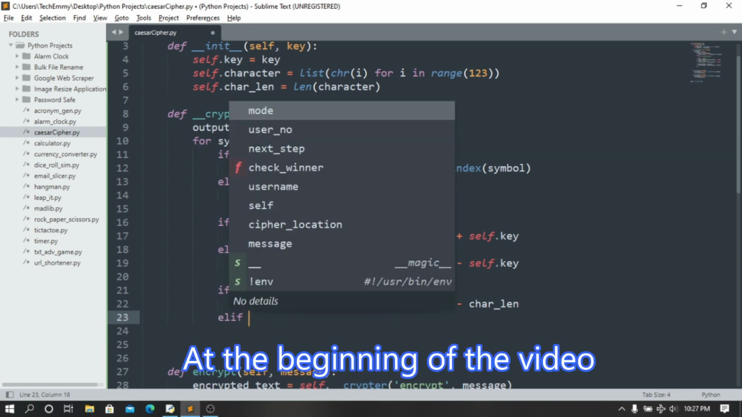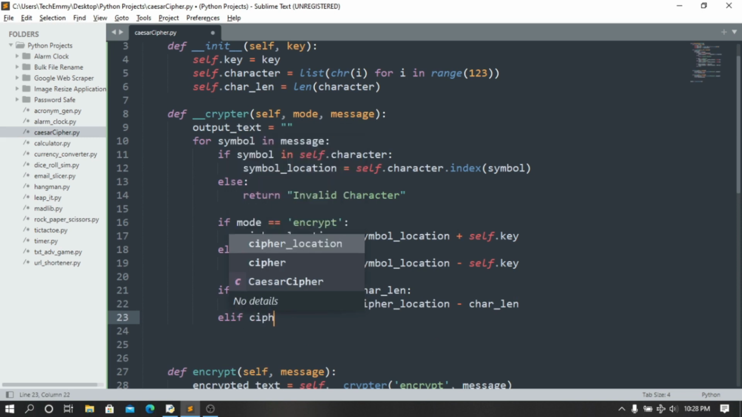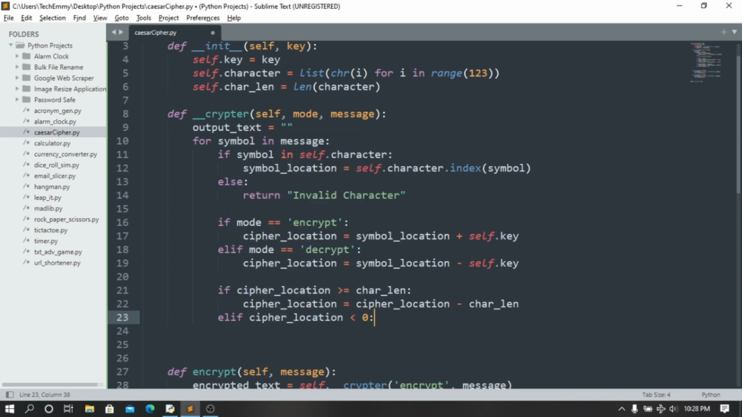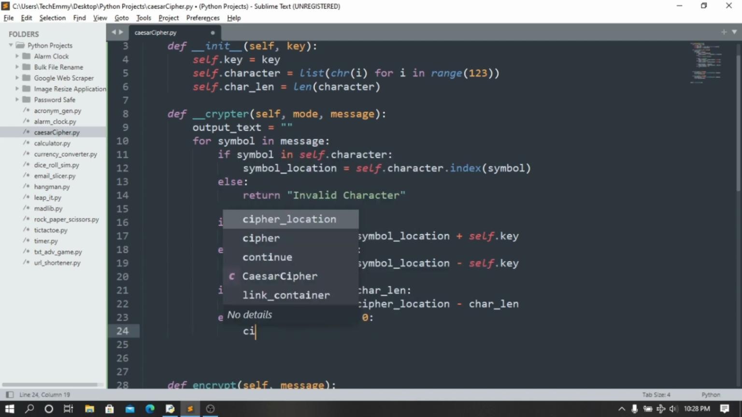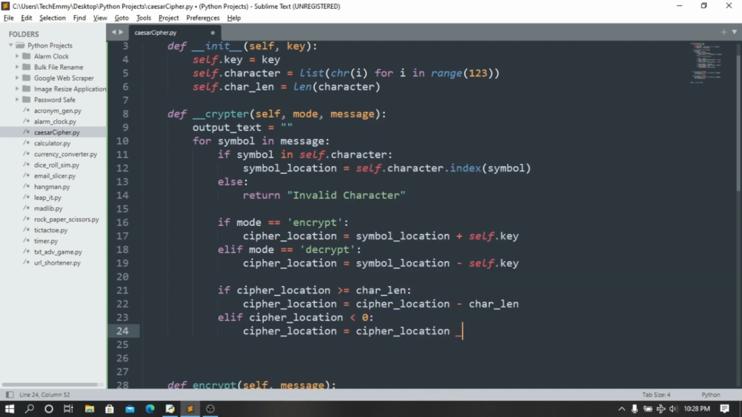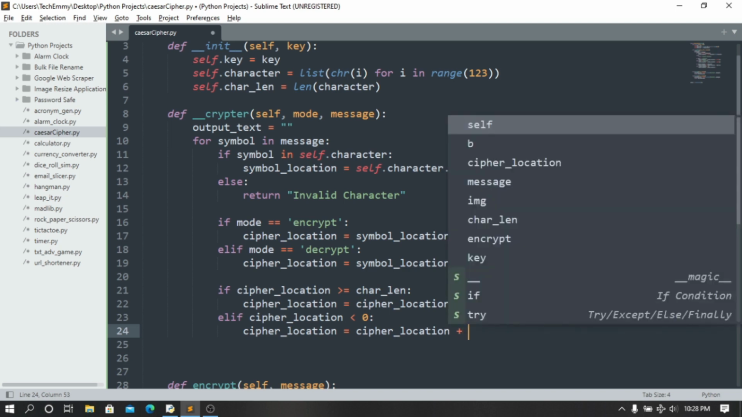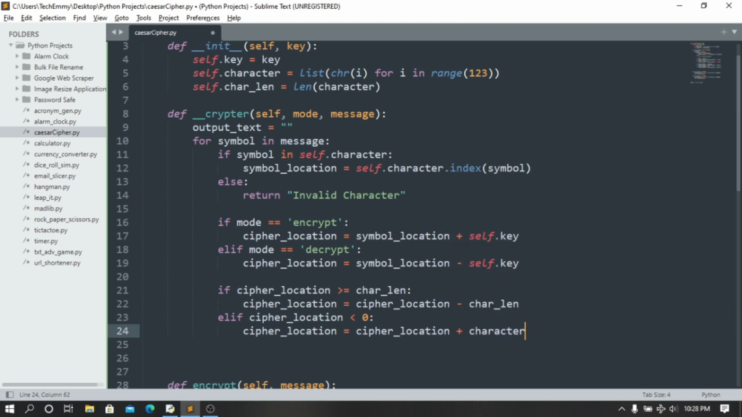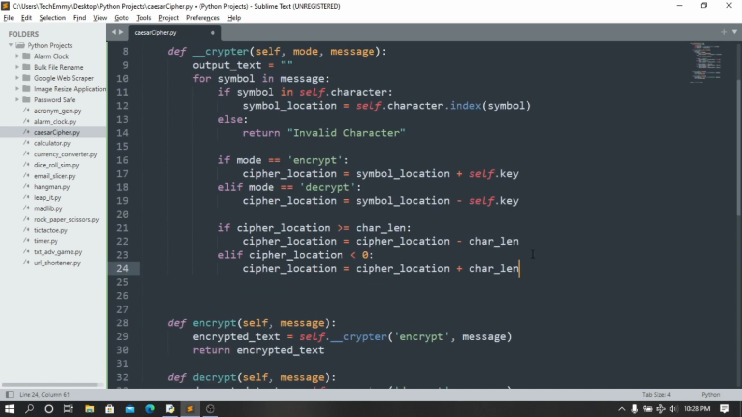Now we're gonna say elif cipher location is less than 0. This one is handling the case for decrypt. If that is less than 0, cipher location is equal to cipher location plus, I'm very sorry about that, character length. So for example, if you have -1, we do -1 plus 26, which gives us 25. According to what we explained earlier on, it's the same thing. And then after we do all of that,